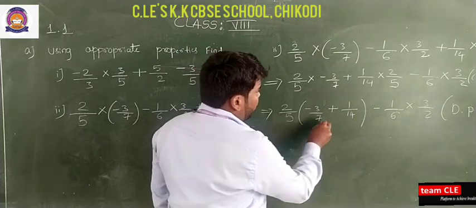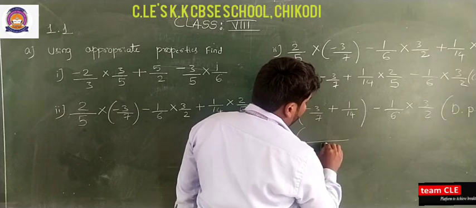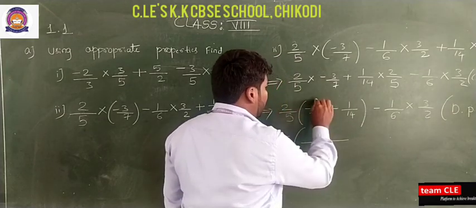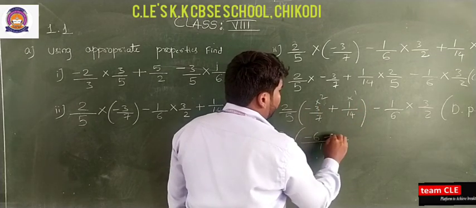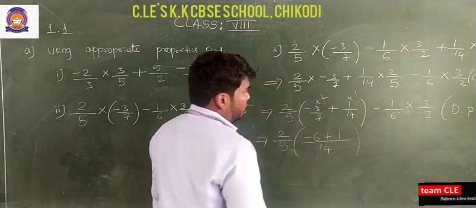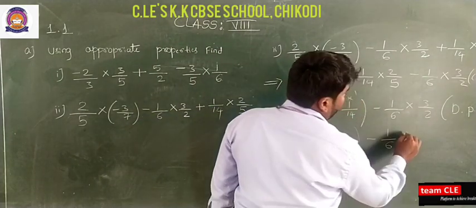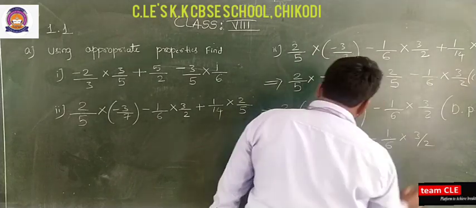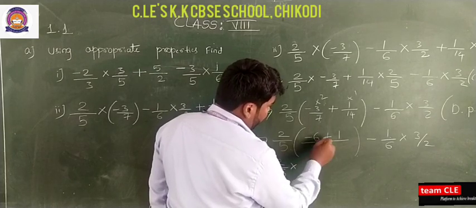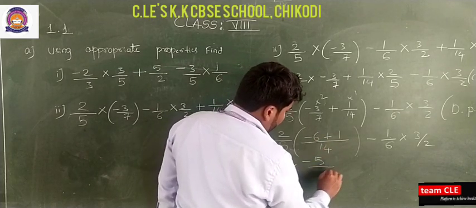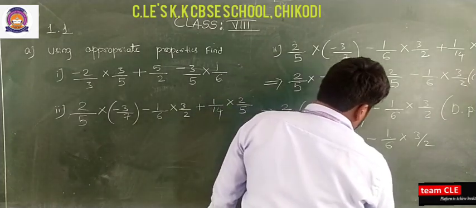Okay, so now see, to solve this 2 by 5, I am going to solve the bracket first. The LCM of 7 and 14 will be 14. 7 2s are 14, 1 1s are 14, so 3 2s are 6, that is minus 6 plus of 1. Getting minus 6 plus 1, which is equal to minus of 1 by 6 into 3 by 2. So now you are getting this as 2 by 5 into minus 6 plus 1, which is minus 5 divided by 14, equals minus 1 by 6